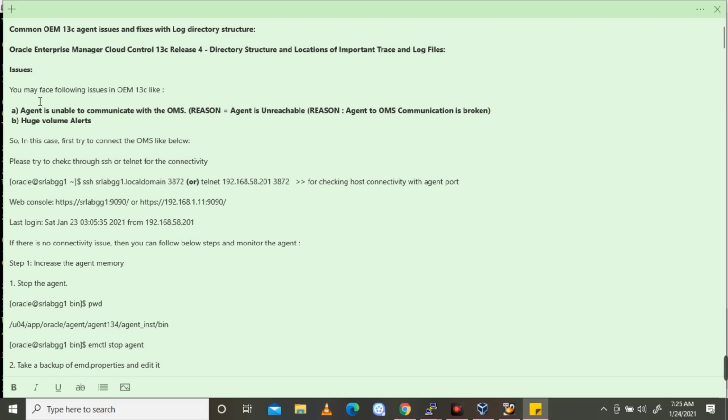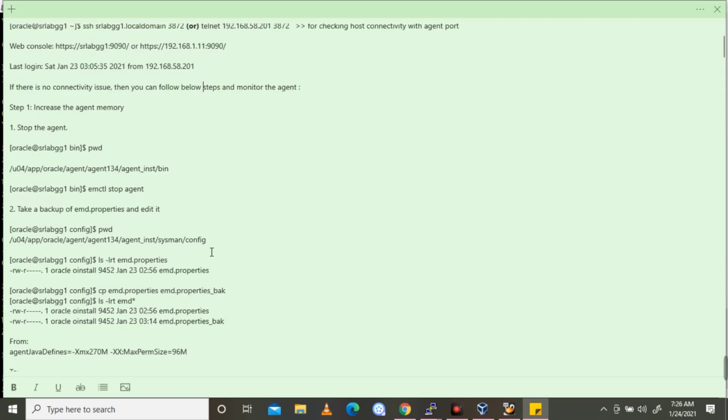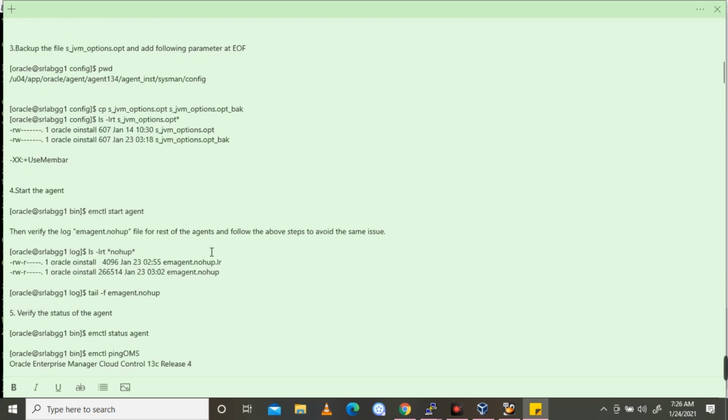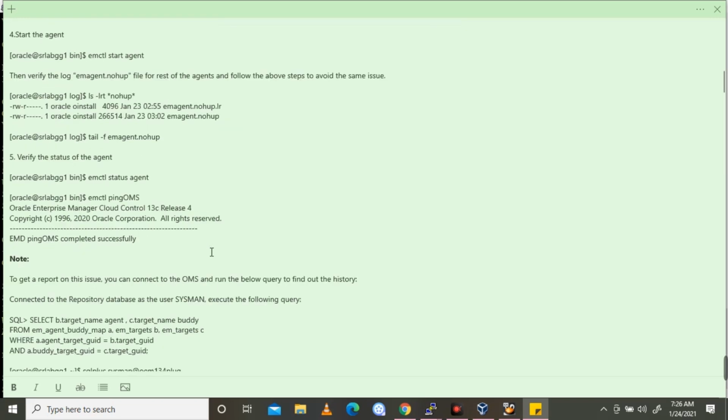This is a common issue we are facing: agent is unable to communicate with the OMS. The reason is agent is unreachable, or agent to OMS communication is broken, or else huge volume of alerts. If you are facing this, you can follow these steps and troubleshoot, and you can get rid of this issue, and it will be helpful for you guys.